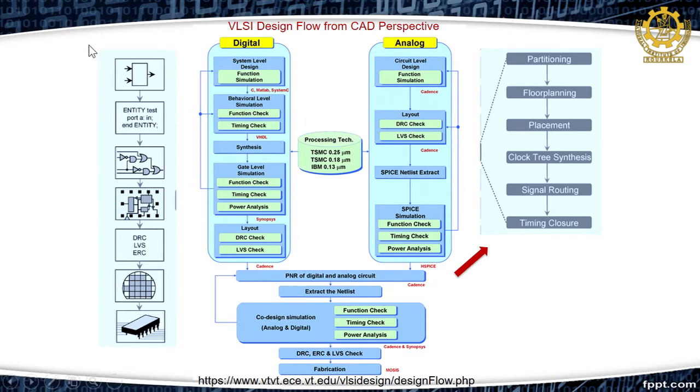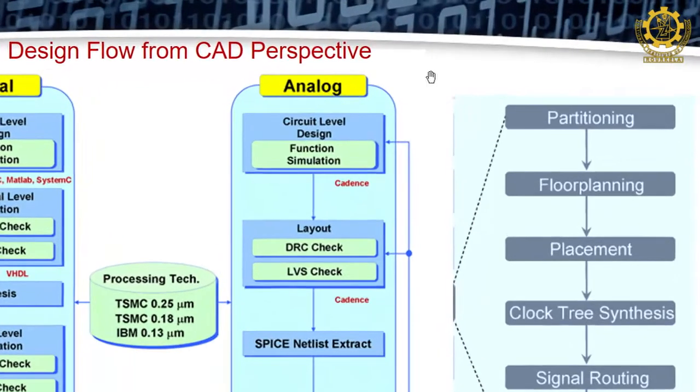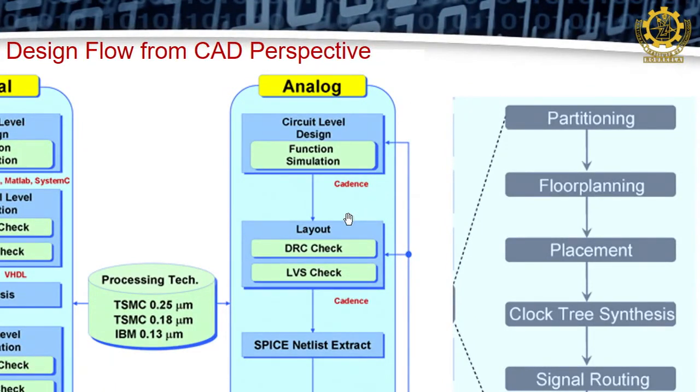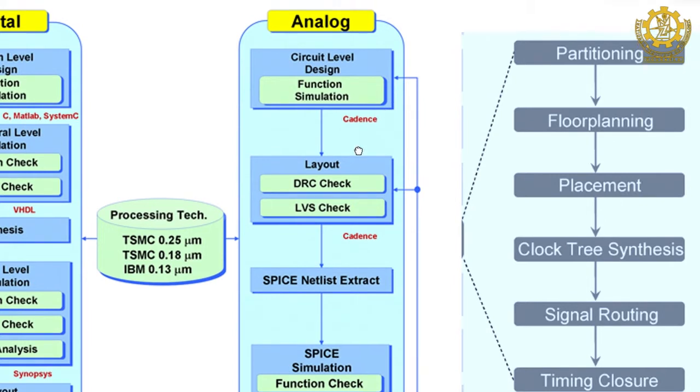So, now we will go to the analog design flow on the right side. You can just see here. In the analog design flow, it starts directly from the circuit level design. There is no gate level design here. You directly take circuits and design your analog design. For example, if you want to design a current mirror or comparator, you do not have any gates inside it. You take circuits directly, design them, and run a functional simulation to check whether the accuracy of that comparator or current mirror is up to your mark or not.